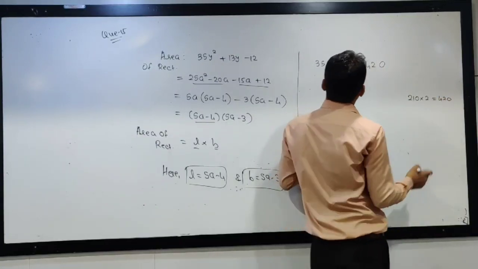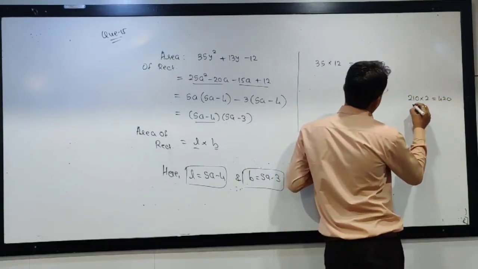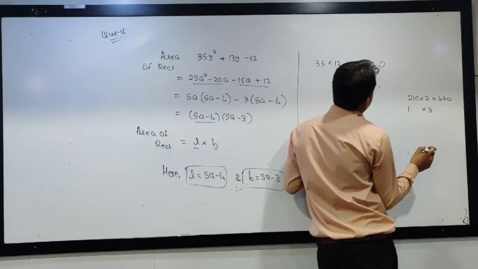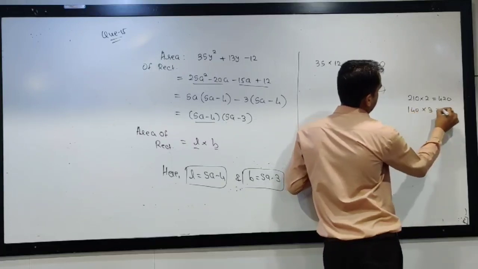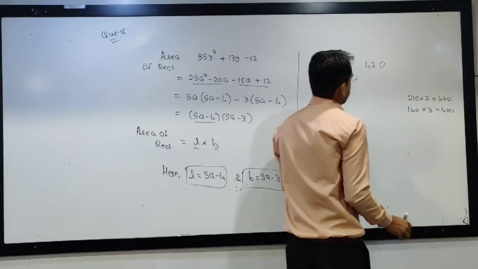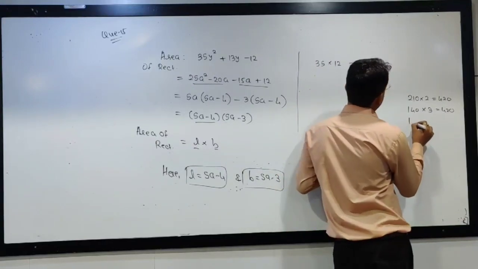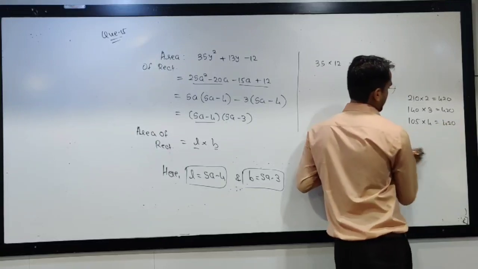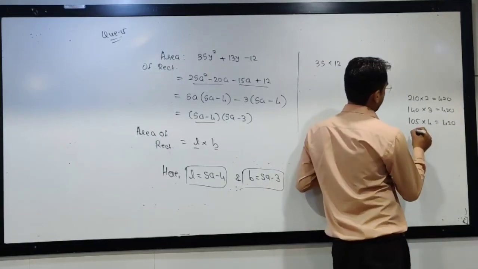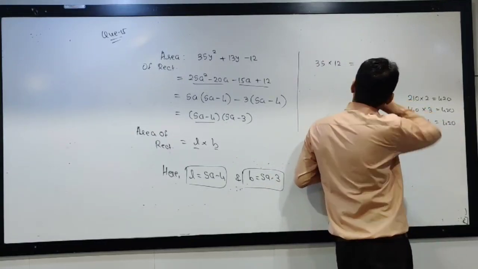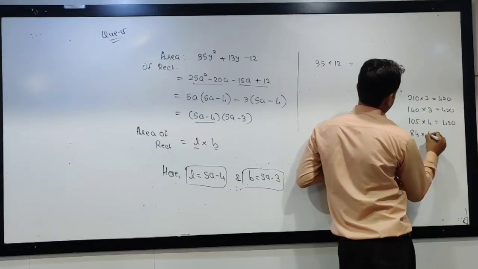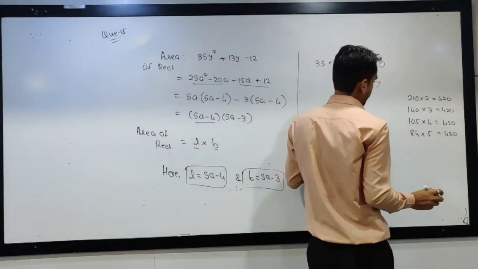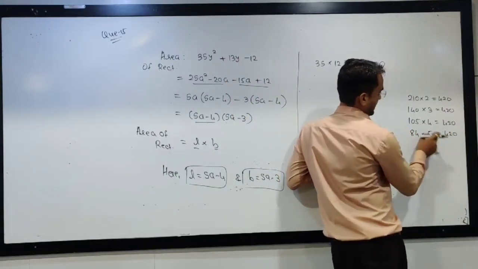Let us try with 3. So with 3, 3 1s are 3. 4s are will not work. Try with 4. 4 1s are 4. Not possible. Try with 5. 5 8s are 40. Not possible. See, I want 13. Clear? So I have to get 13 with the help of both of these.